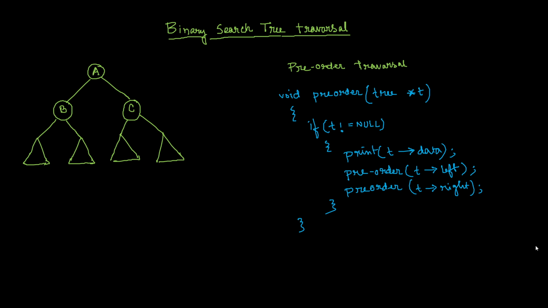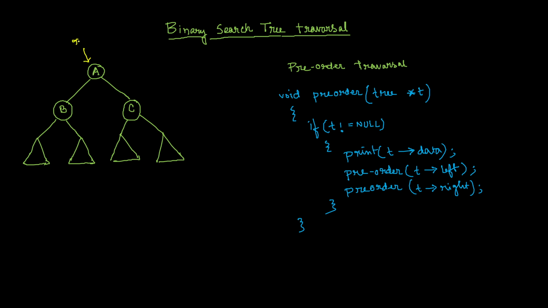So what we have seen is that it's better to have a recursive solution since it is pre-order. That means at least in between A, B, C, this node will be printed first, and then its left child, and then the right child. So that's why we will start from this point.